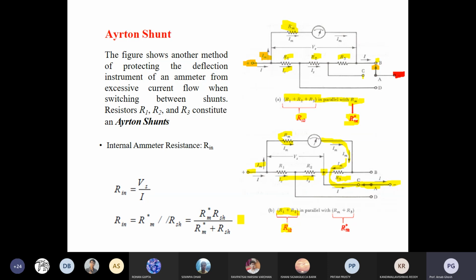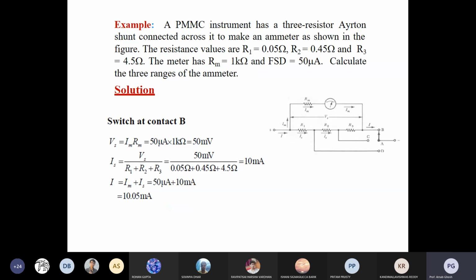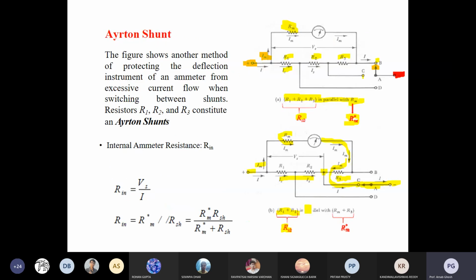So here we can see the conditions. Number three condition: A will be connected with D. Then what happens? What will be the shunt field path? The shunt field resistance will be only R1, and it will be separated from this point, two ways. So R1 then comes back to the negative terminal.